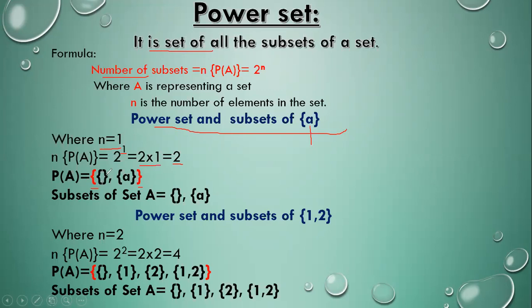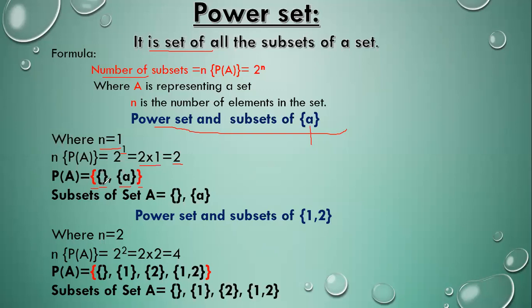Now, Ramesh, here we know that a null set is a proper subset of every set. So we get the first subset as the null set, and the second subset will be the set itself, because every set is an improper subset of itself. Right? So how many subsets do we want? 1 and 2. And we get the answer.